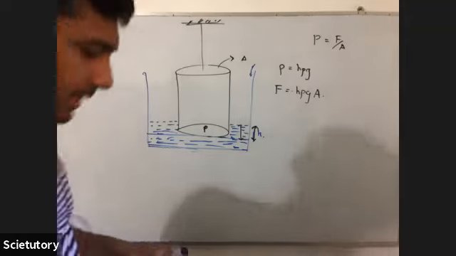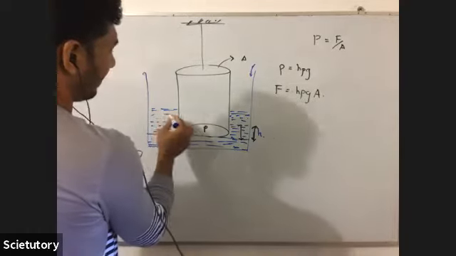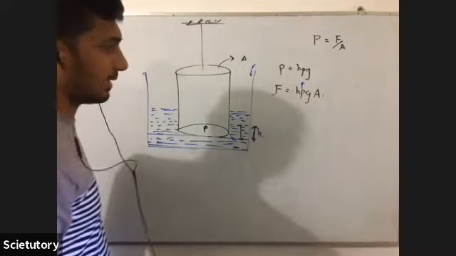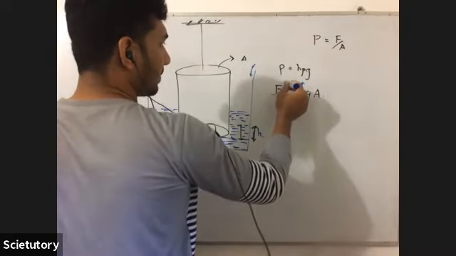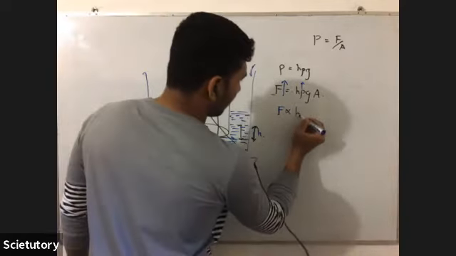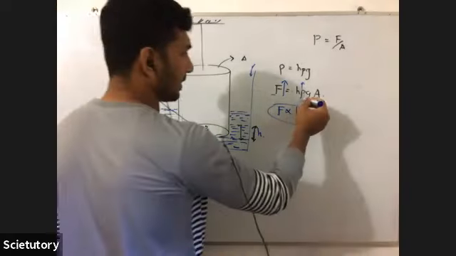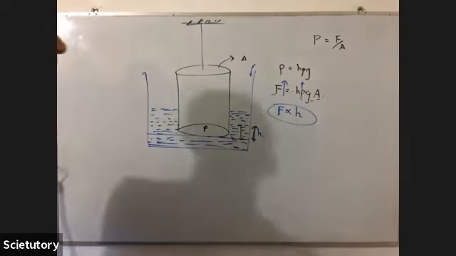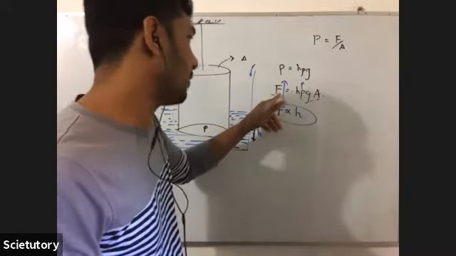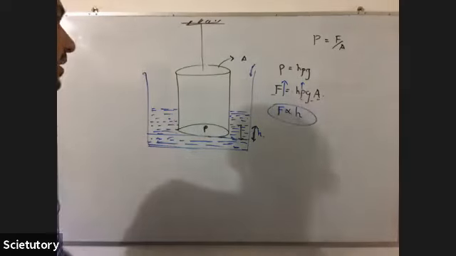So what will happen when you increase the water level? Will anything happen to this F when you increase H? F will be increasing. Yeah, F increases directly proportional to H. Okay, so it remains directly proportional to H because the other factors are constant, rho G A. So that's how you have that increase of force with H, and that's how you get force due to the pressure, and those basic things are here. This is a very traditional example.